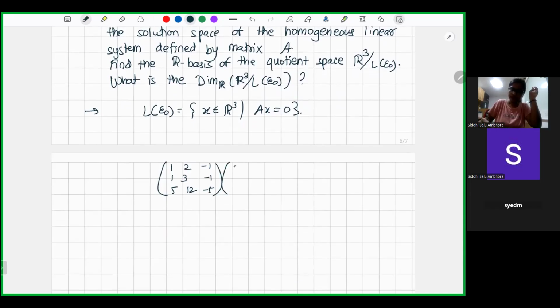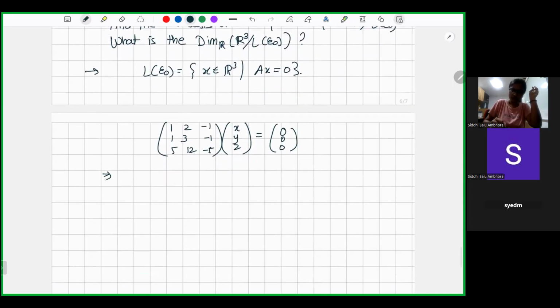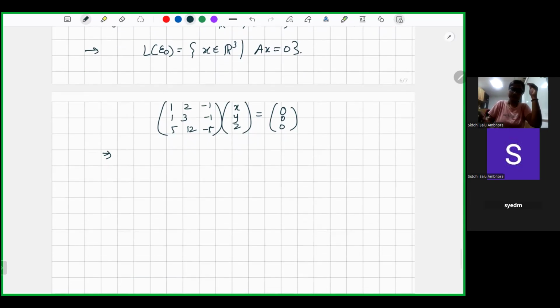And if I take x, y, z equal to 0, 0, 0, we will do row operations, arrive at row echelon form, and try to find the solution, and that will generate my L epsilon naught. Okay. So if we do R2 is R2 minus R1, and R3 is R3 minus 5 R1, that will give me